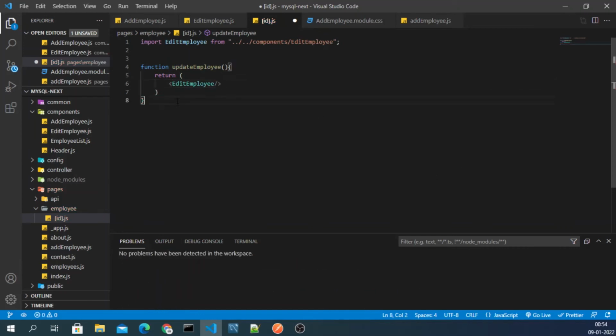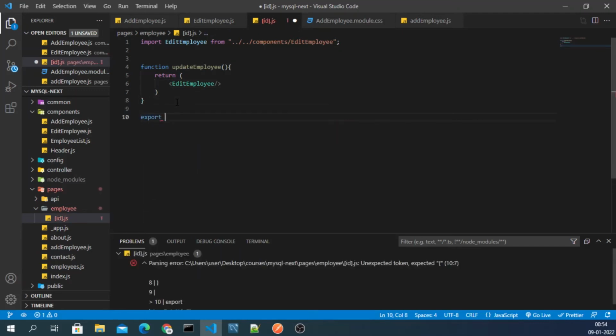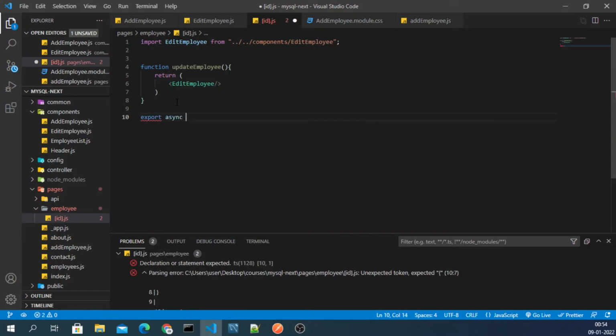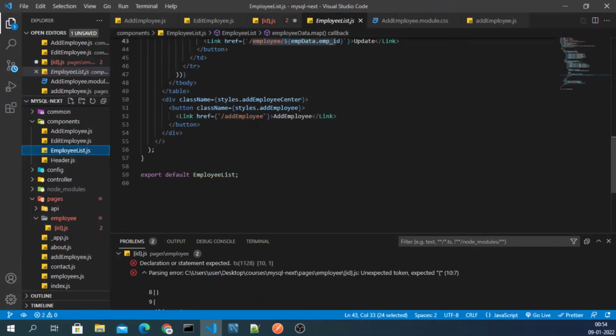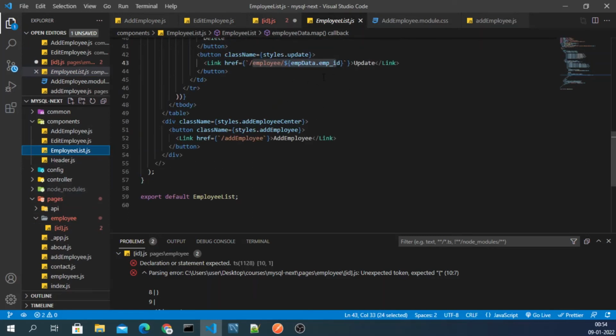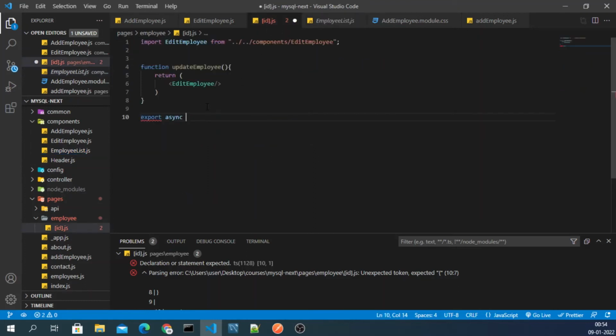And again we will want that employee sync. We will use getServerSideProps to get that user, whatever the id we are passing from this employee list. We are passing that id from here, and we will get that id here, and based on that id we are fetching that user. Okay, I will show you in a minute.